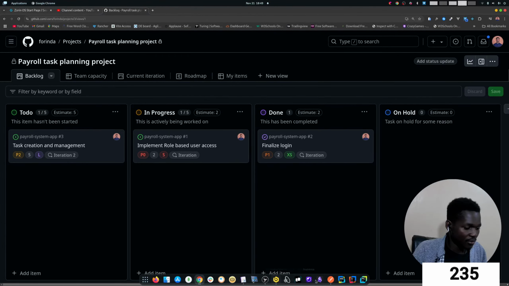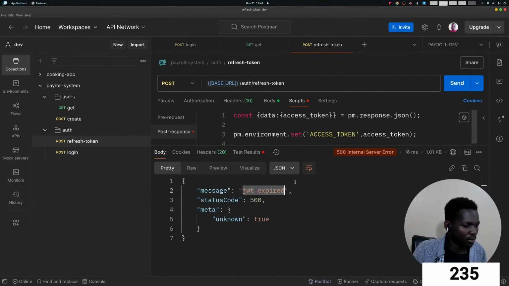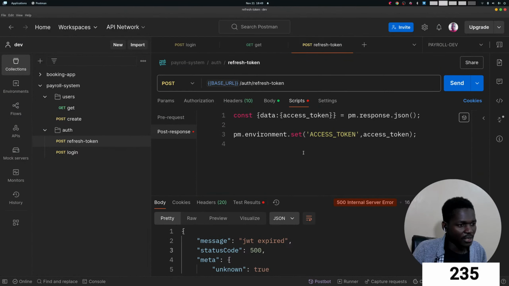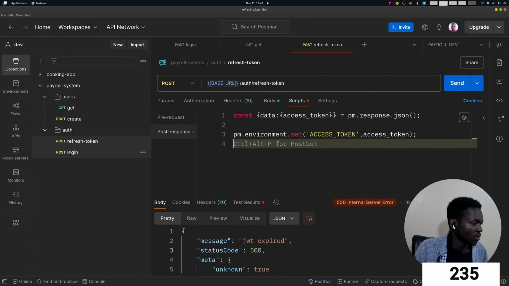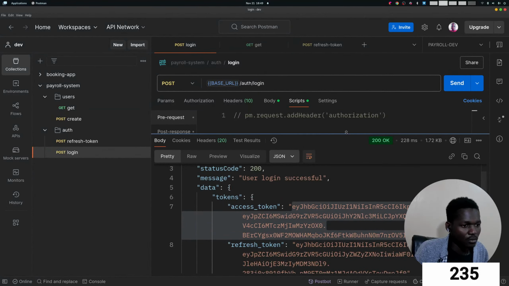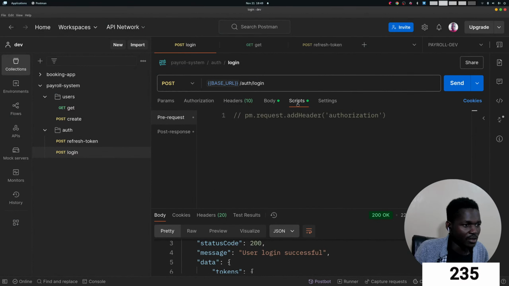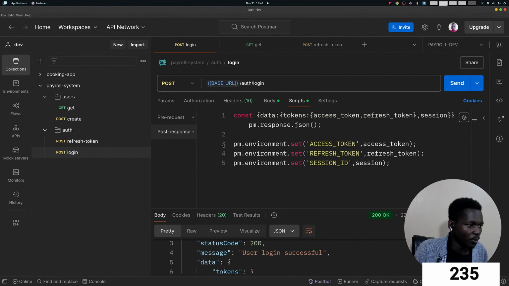So in summary, what we've done today is to set up a way by which if we log in, we have an automatic script, a post response script that will set our,